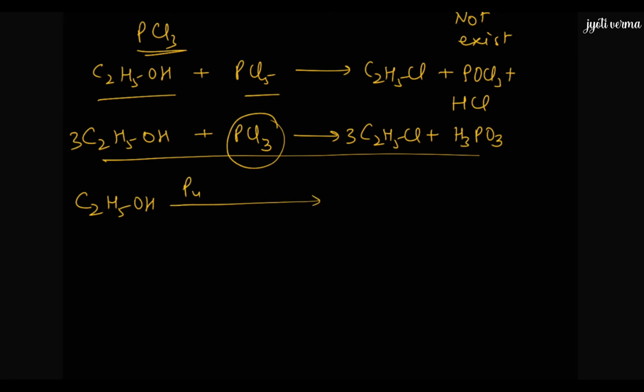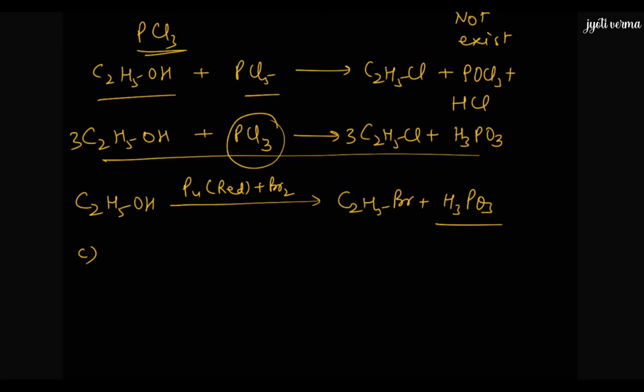I will be taking the reactants required for PBr3. So it will be red phosphorus plus bromine. The two will react during the reaction itself to give PBr3. So we are not taking the prepared PBr3 here. So this will react and we will get the products C2H5Br plus H3PO3. So that is how the reaction will take place if we want to prepare bromoalkane from alcohols.